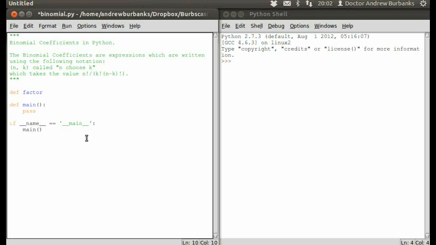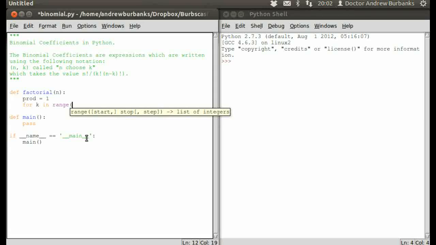So let's write the factorial function. There are many different ways to do this. I'm going to quickly show you two different ways. Now the factorial is defined to be the product of the numbers from 1 up to n inclusive. And one way of building up a product is to start with the number 1 and then repeatedly multiply up by extra numbers. So in this case I'm going to start the product, I'm going to call it prod, and I'm going to start that as 1, and then I'm going to visit all of the values k from,